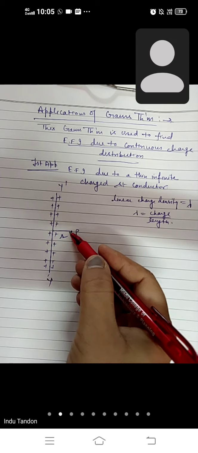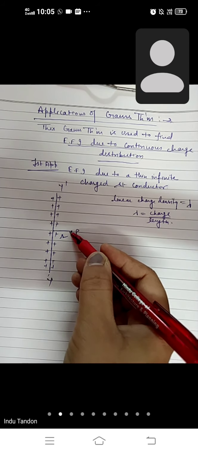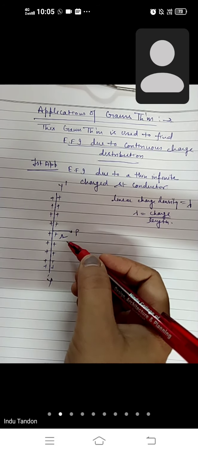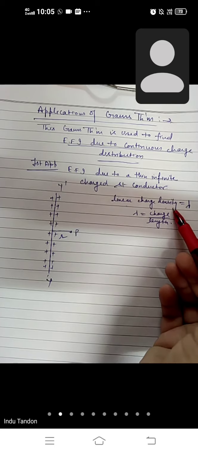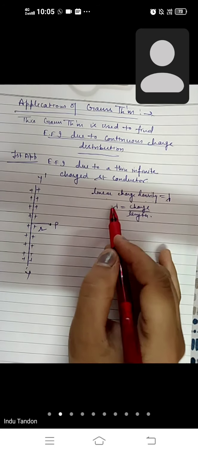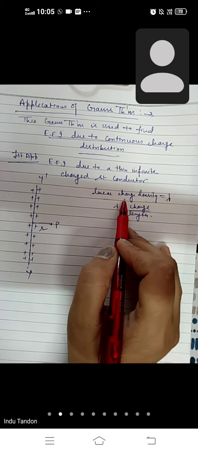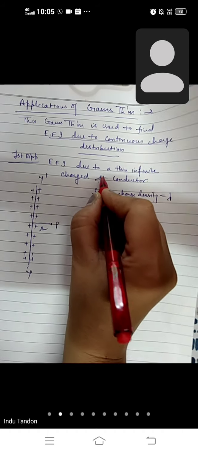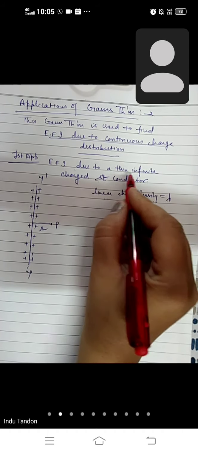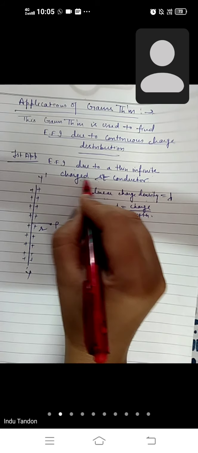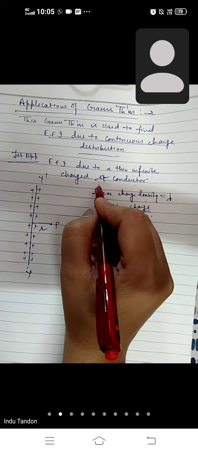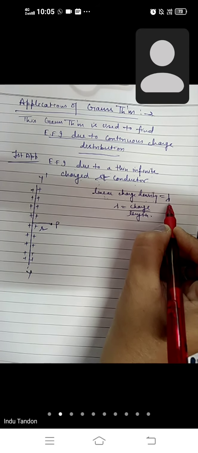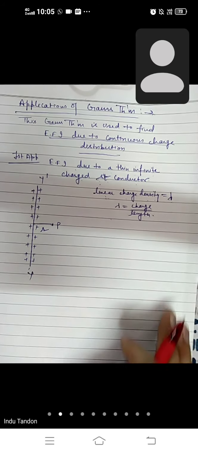ये point P कितने distance पे है? r distance पे. So student, मैम हाँ जी, मैम आपने इसकी यहाँ पे चार्ज के बाद क्या लिखा है? चार्ज linear charge density. आपका थोड़ा कुछ दिख नहीं रहा, कट कट गया मैं तो। मैम यहाँ पे ये चार्ज फिर कुछ लिखा है, फिर यहाँ पे कंडक्टर लिखा है बाद में। Straight charge, straight conductor. Electric field intensity due to a thin infinite charged straight conductor, straight conductor. ओके मैम, ओके। And the linear charge density is lambda. And what is lambda? Charge upon length.